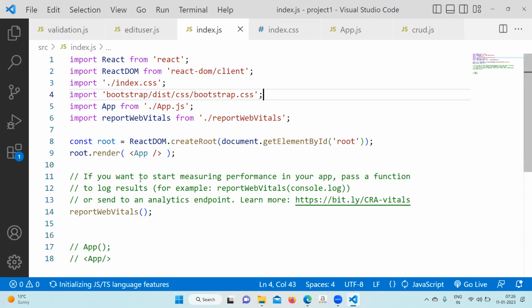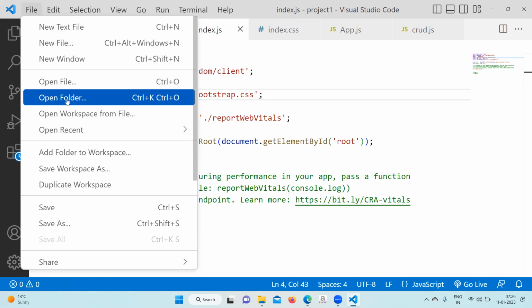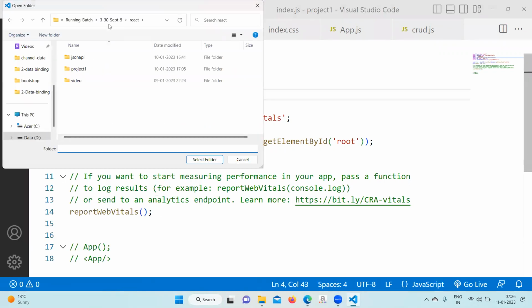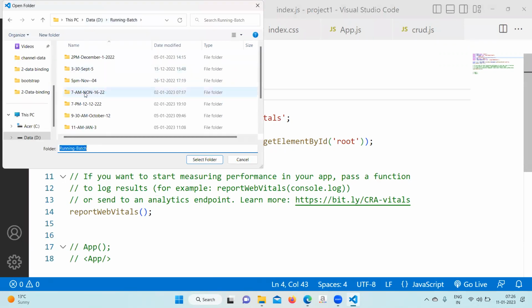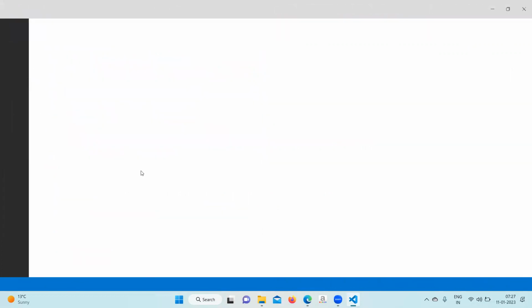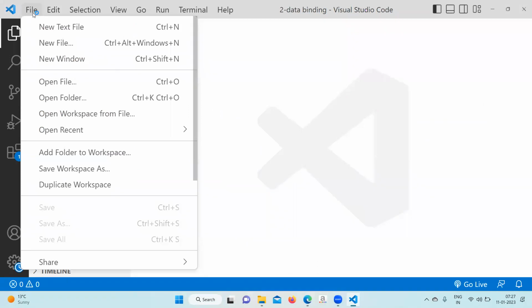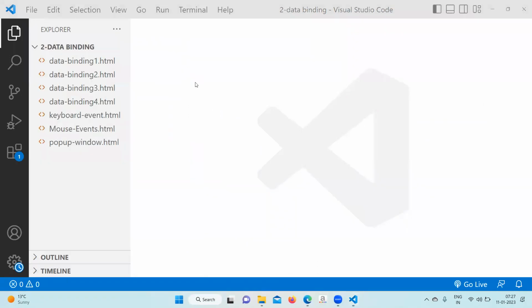will open the VS Code editor and go to your file. From there, you select the data binding folder, the data binding folder you have created. Open the data binding folder. Select like this and open here. I'll guide you again. You can go to the file. In file you have an option called